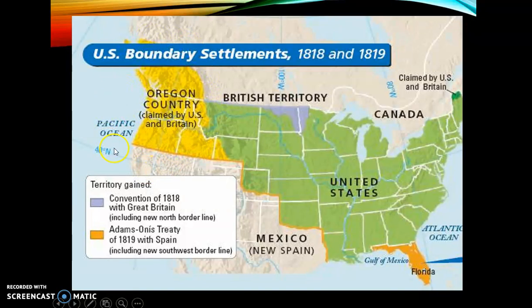So in the 1800s, we signed a treaty with Great Britain allowing U.S. settlers to come